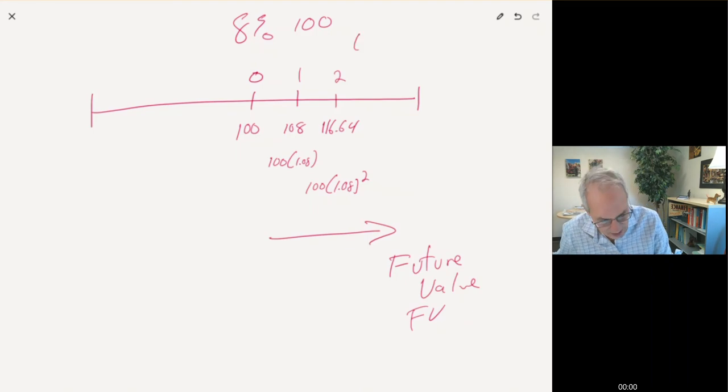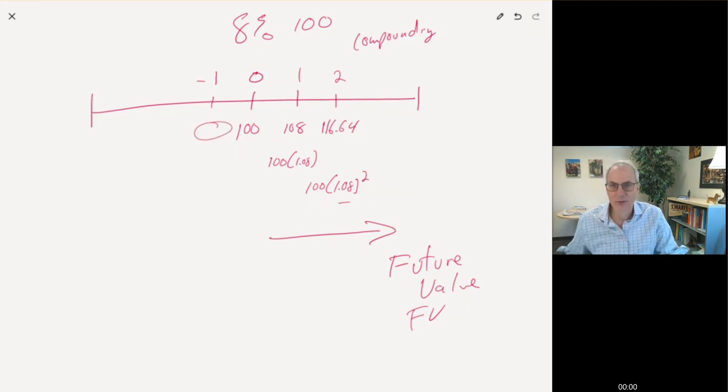It's what we call compounding. Okay, so that's the term, compounding, because money is growing. Now, I gave you these formulas last class. What if we go backwards? What if we go backwards 1 year? What roughly would you think this number is going to be? Most of you said 92, which is pretty good, because roughly 8, we go backwards, minus 8.